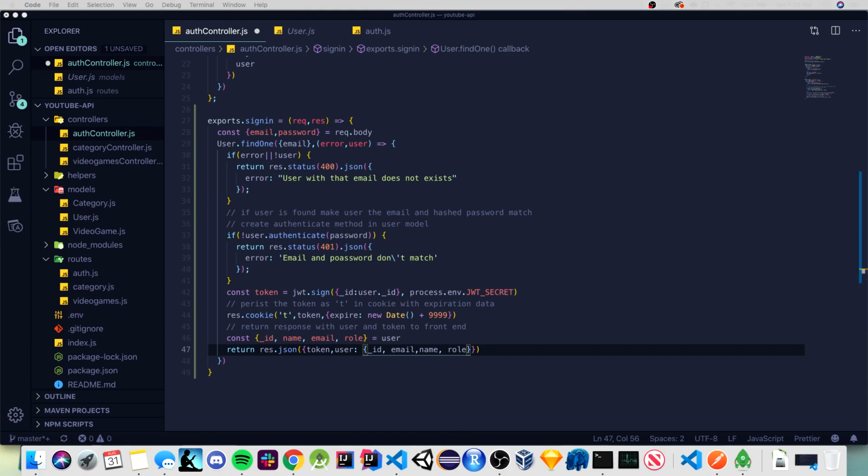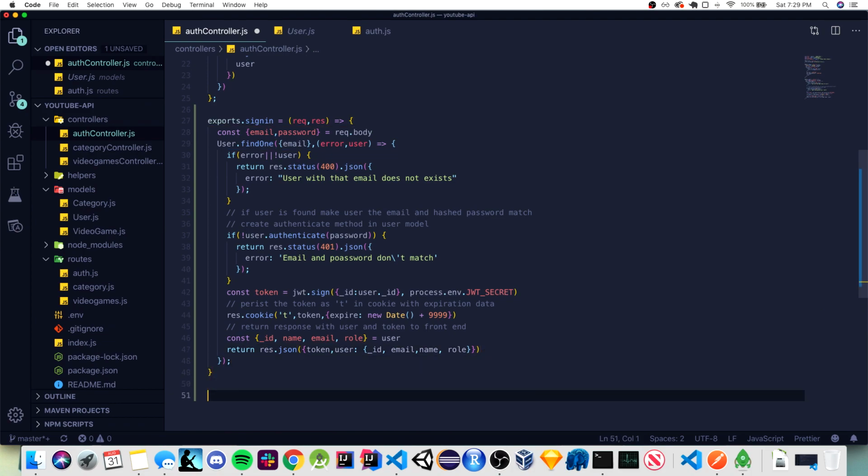So we are going to return, as I said, ID, email, name, role. All right, perfect. And I think that should be the end of this method. And now we are going to create the sign out method, with an S, obviously. Export signout equals request, response,